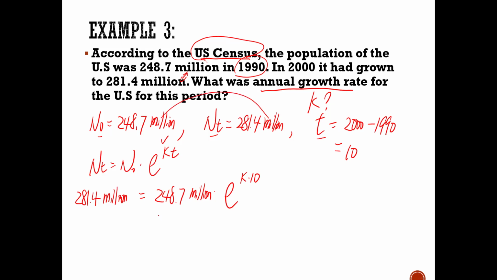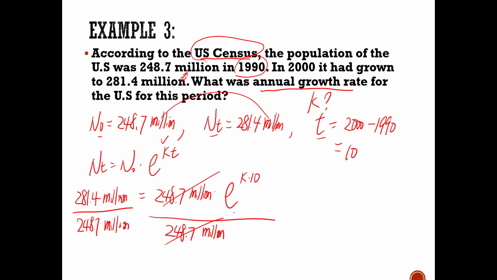Same unit, so when we divide 248.7 million from both sides of the equation, we'll be able to cancel the millions, the unit. So this constant gets cancelled, the million gets cancelled, and we end up with that. And then let's switch the order. E to the 10K, 10 times K, equals 281.4 over